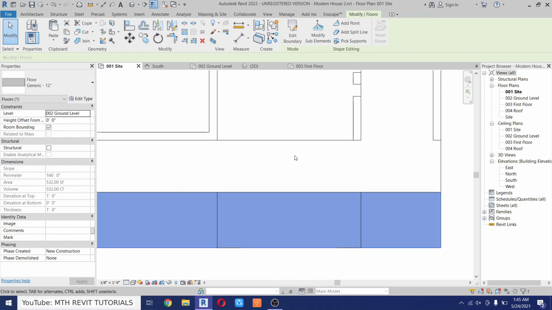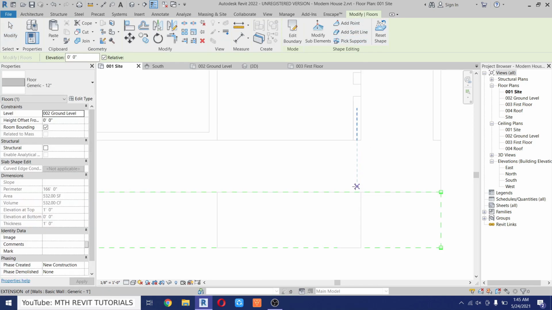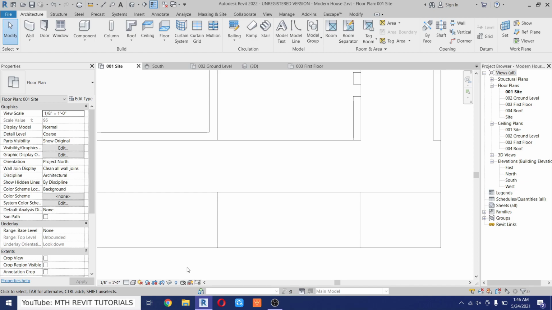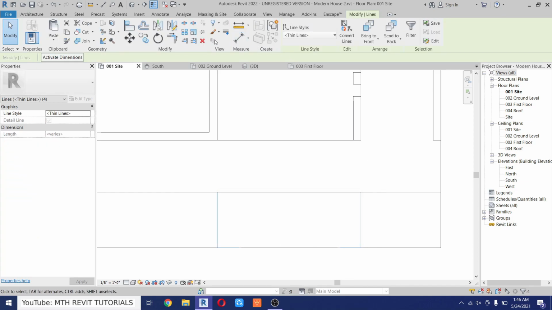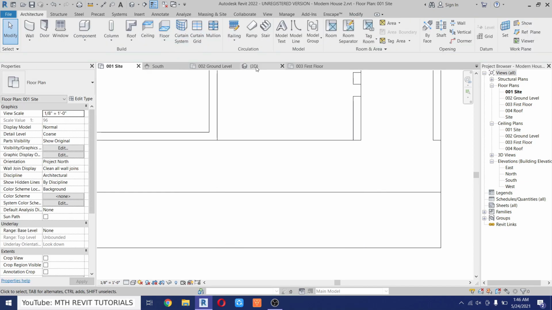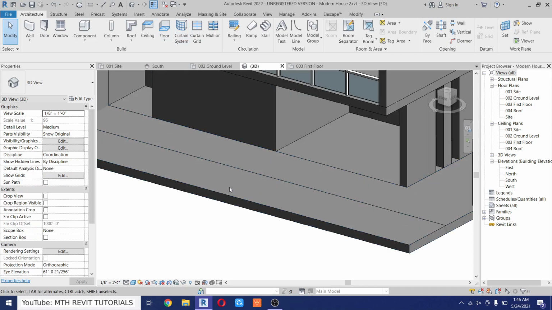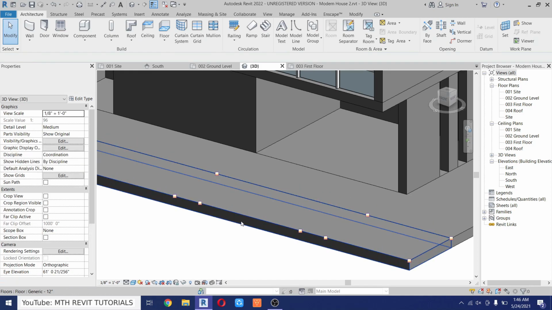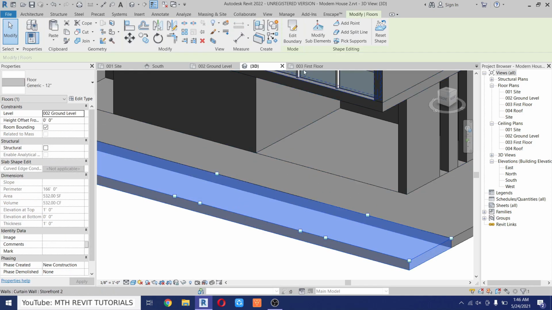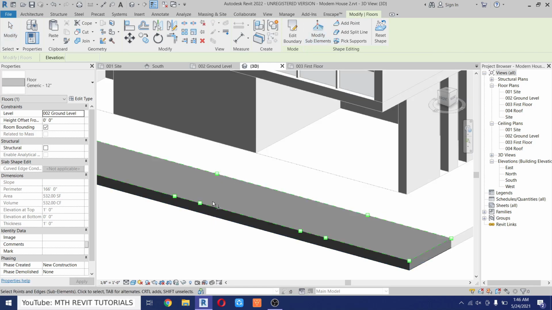So select this floor, add point, add one here, add another one at the corner of this detail line, and another one here. Repeat the same on this side as well. Now we can delete these detail lines. Now go to 3D, and if I hover over this floor, you'll see these points here which we have just created. So let's select this floor and click here, modify sub elements, and then we can just hover over this